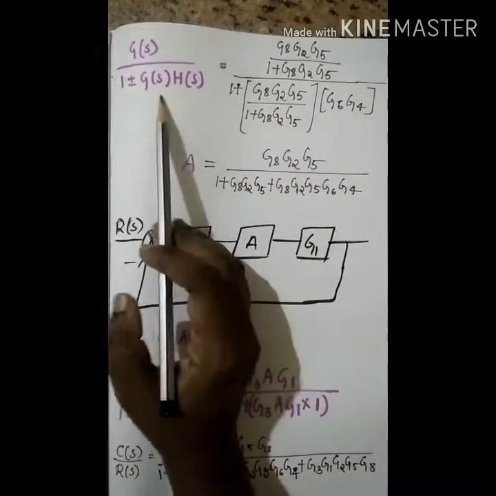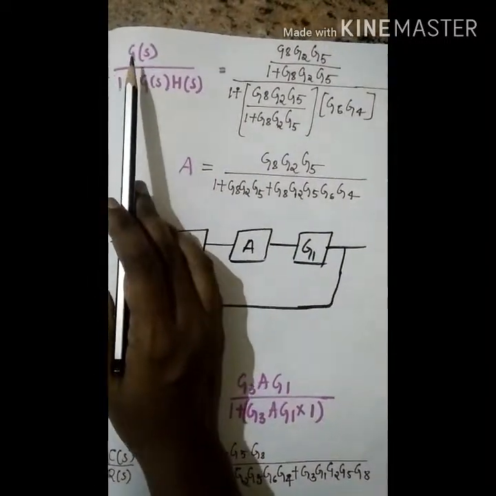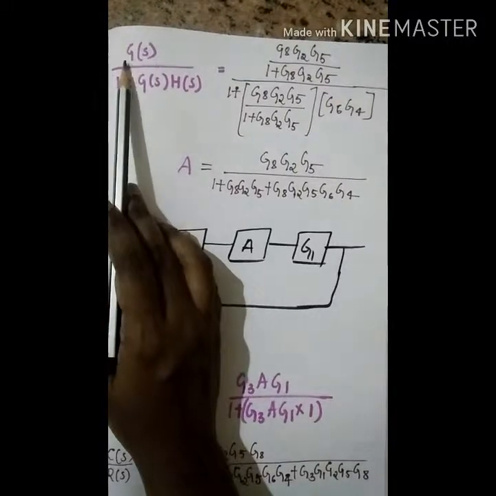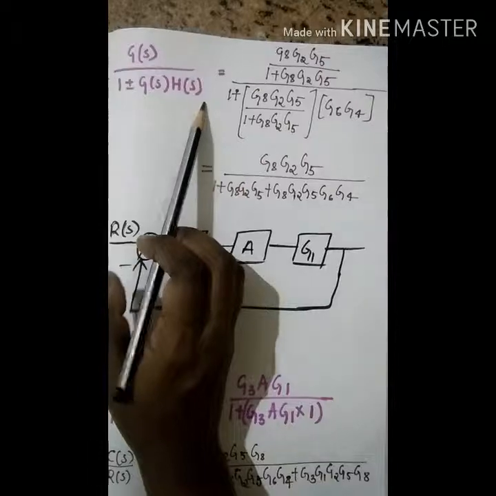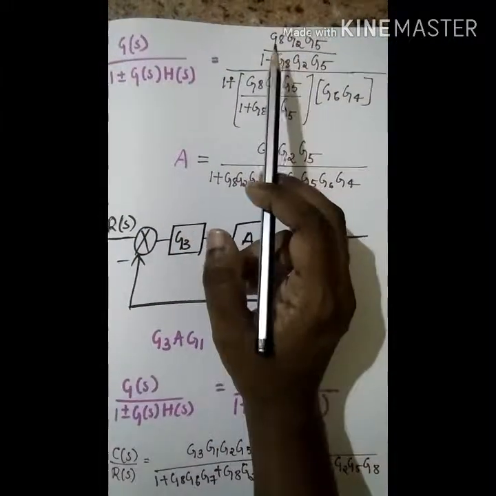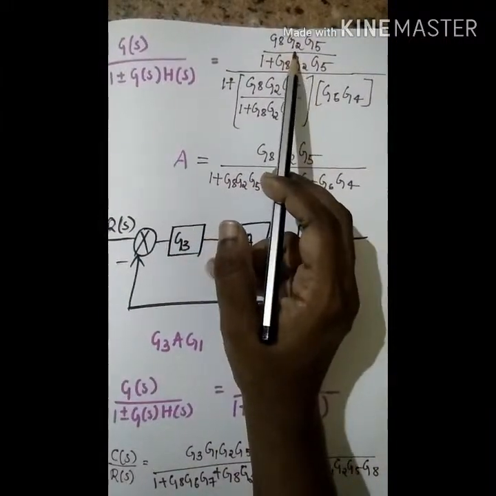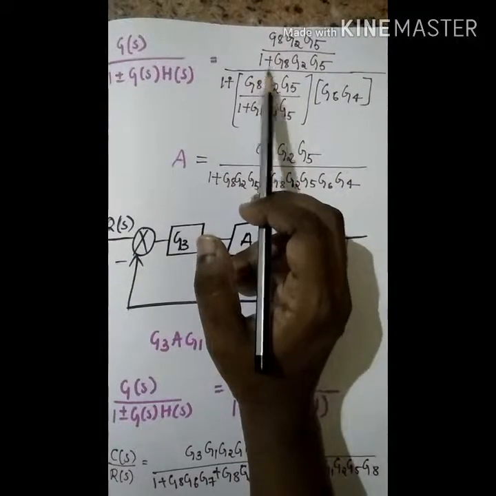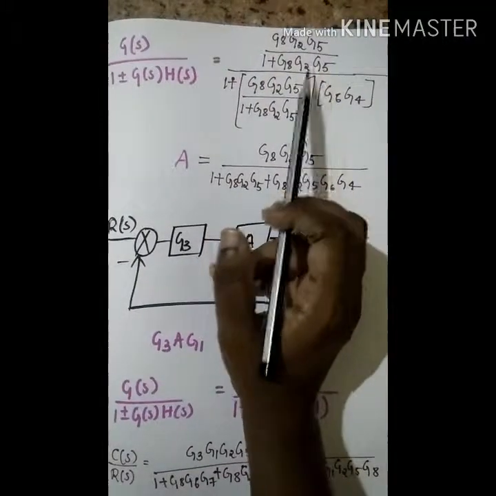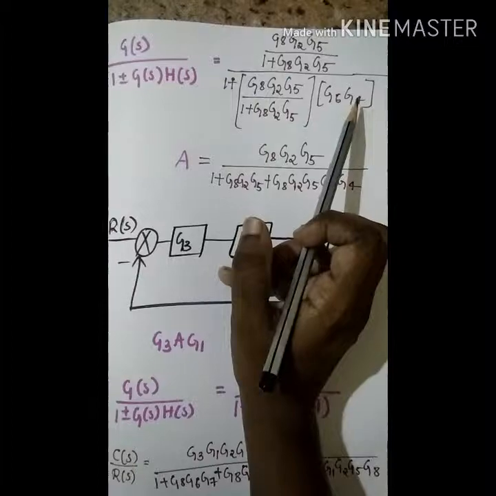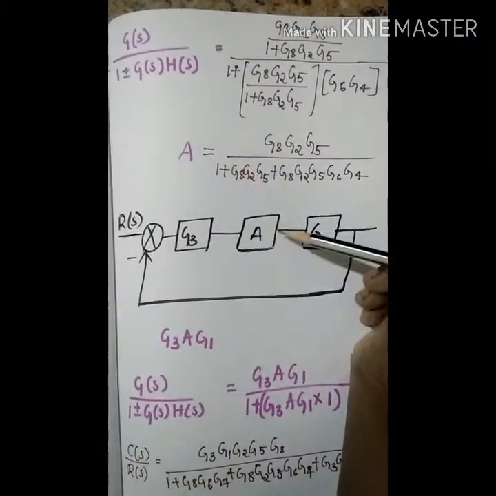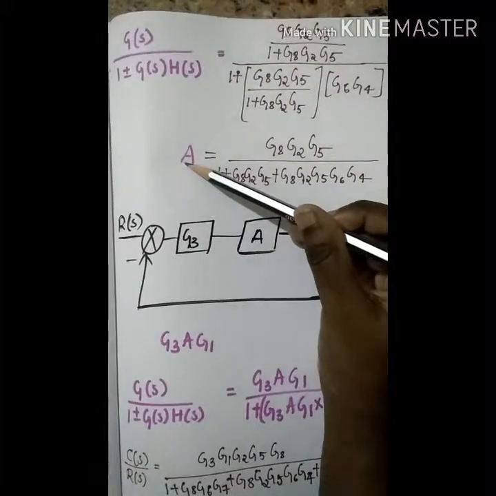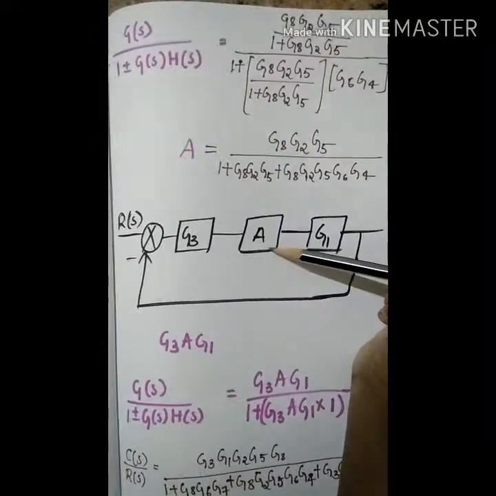By using this transfer function, you can use this formula, which is G of S divided by 1 plus or minus G of S into H of S. Here G of S is G8 G2 G5 divided by 1 plus G8 G2 G5, and H of S is G6 and G4. When you solve this, you get this particular block, which I've considered as A and rewritten the block diagram,